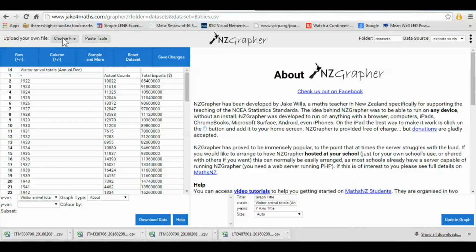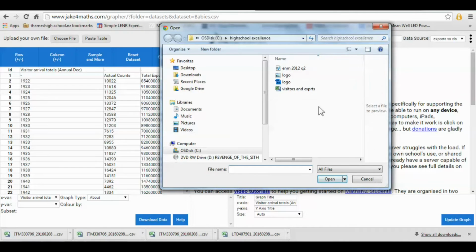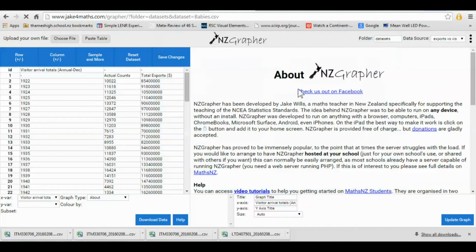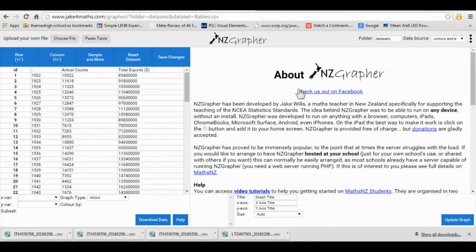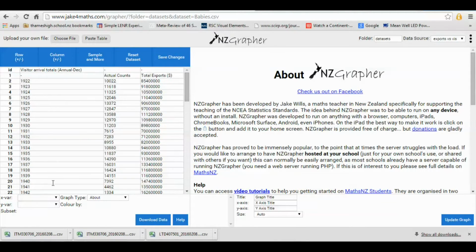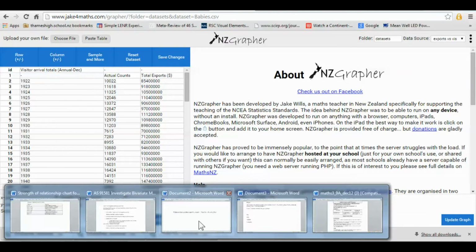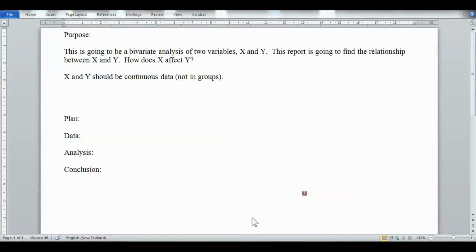You can choose File, and NZGrapher is only going to read CSV files, so you have to make sure you save it as a CSV file. Now we need to decide which one is the X variable and which one is the Y variable, and this is very, very important that you get this right. So we've done this, we've picked our X and Y,